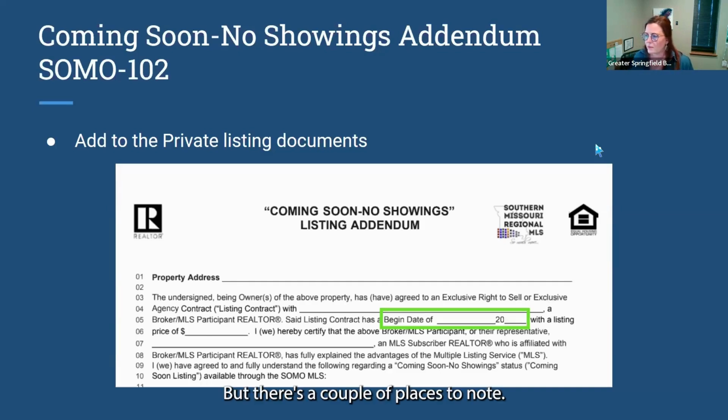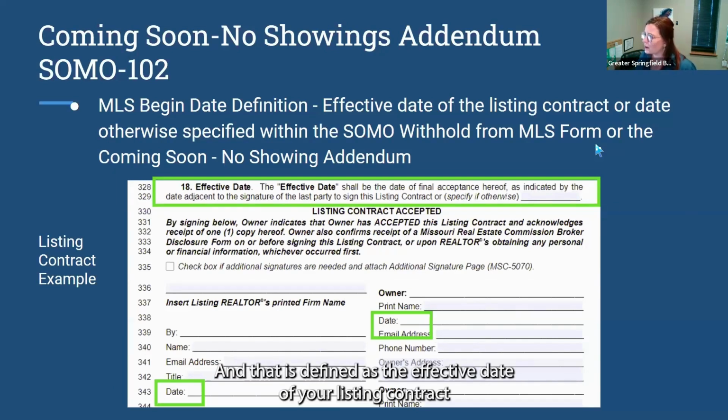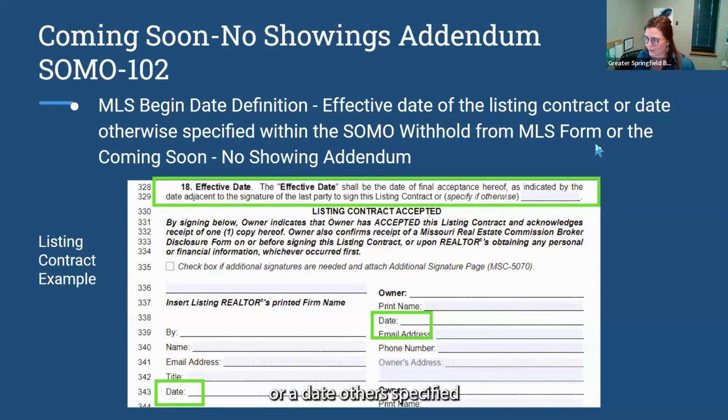But there's a couple of places to note, and this is where a lot of agents get tripped up, on the dates. So here we've got highlighted, "listing contract has a begin date of," and then a blank where you write that in. And what that correlates to is the listing contract. So our MLS states that we have a begin date field, and that is defined as the effective date of your listing contract or a date otherwise specified within the SOMO withhold from MLS form or the coming soon no showing addendum. So that's kind of wordy, but what it's saying is this